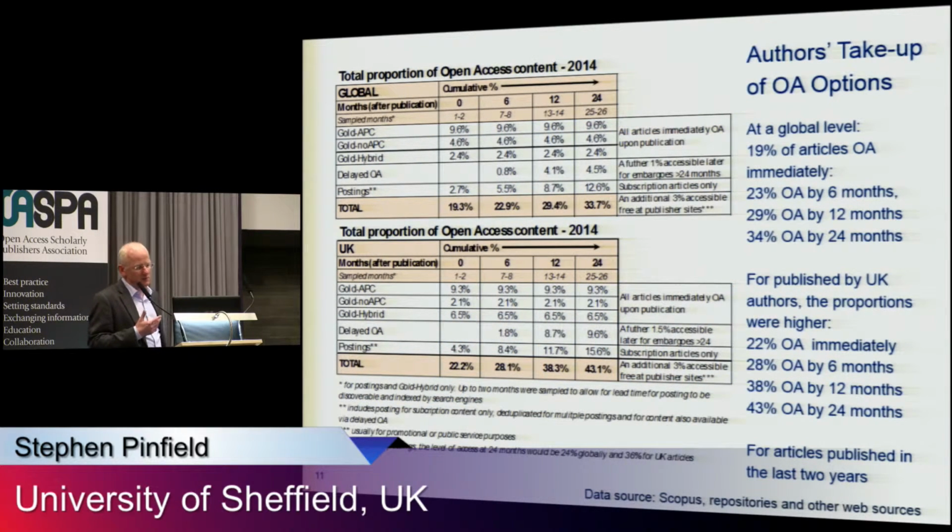Now, one of the things that was important to us to do in this research was try to estimate the overall proportions of open access material as far as the scholarly communication corpus is concerned. A number of studies have tried to do this, and it's actually quite difficult to do because it involves looking at all of the different ways in which an article might be available, both in terms of gold publications as well as deposited versions in repositories and other places as well.